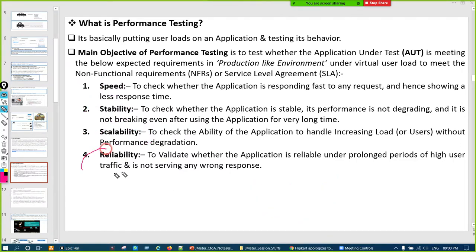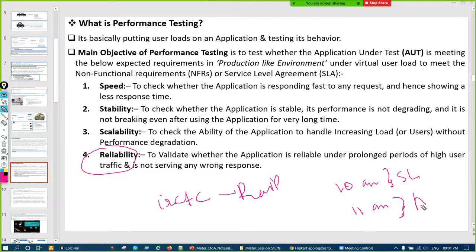And then reliability. Reliability we'll see in this example: let us say whenever we are booking a ticket, bus ticket or movie ticket, or a very famous example like our IRCTC website, the railway booking website. We know that daily at 10 a.m. sleeper tickets and at 11 a.m. AC tickets are booked. And for sleeper we know minimum 10 lakh users are always there on a daily basis on that website, right? Not now, but before lockdown. And they used to book the ticket.